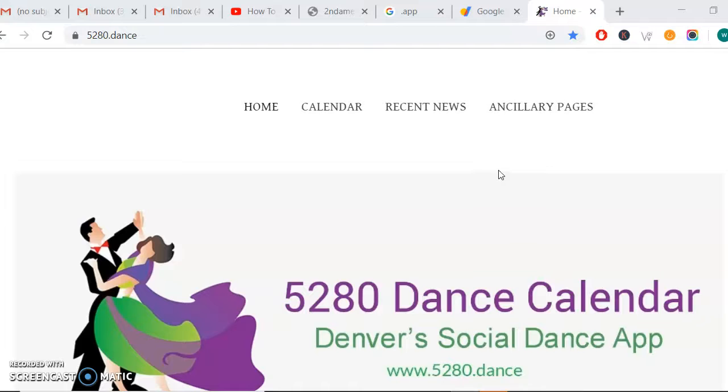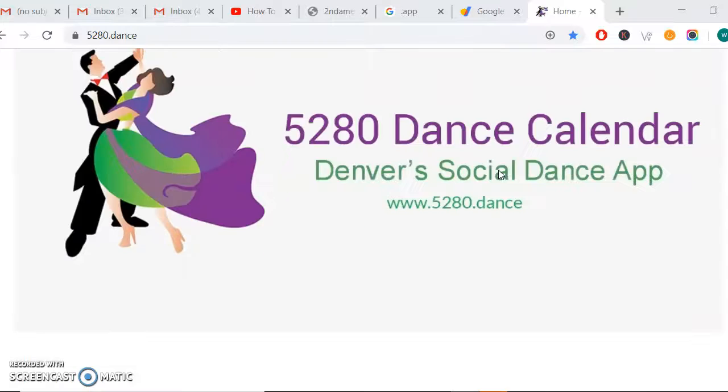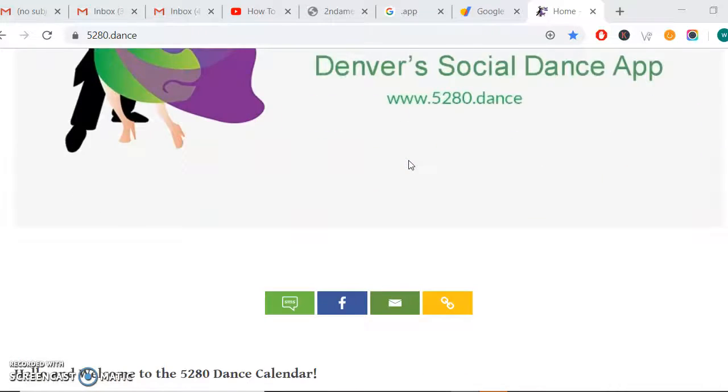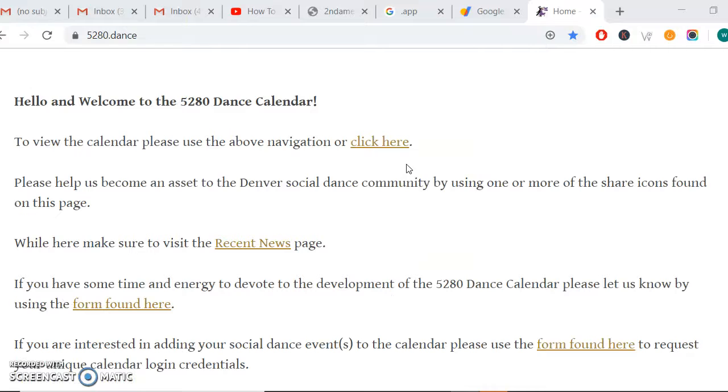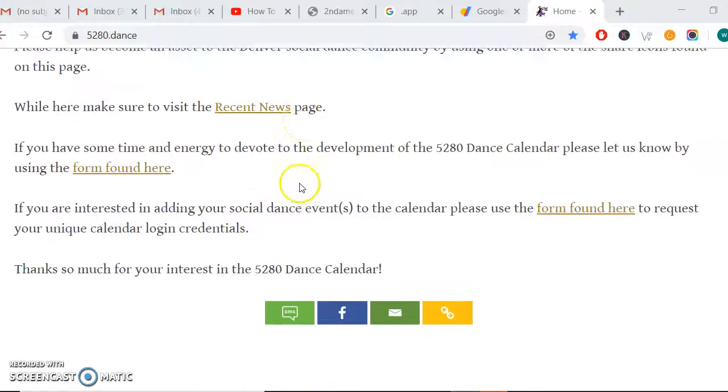You should have an email in your inbox with some login credentials that will get you into the back end of the calendar, so you can post or edit an event as you need to do. I posted your first event, however, there are some problems with it, and I think maybe we should look at that. So on the website, on the bottom of any page,